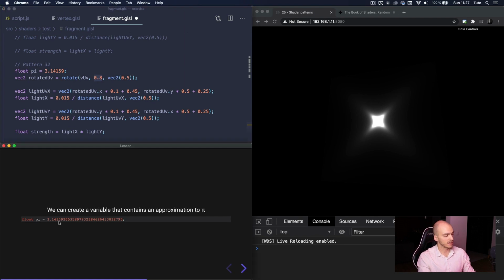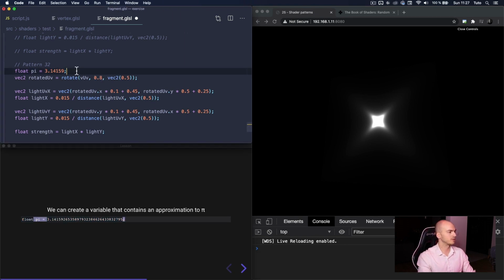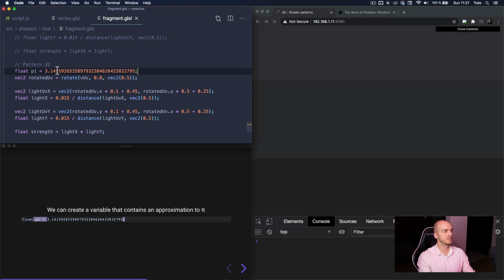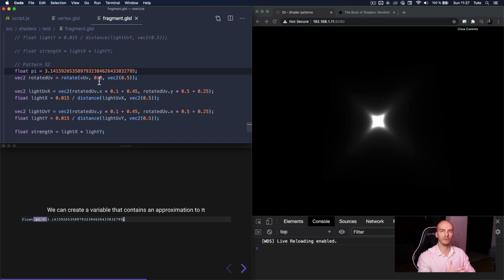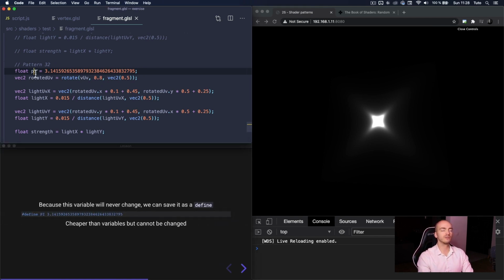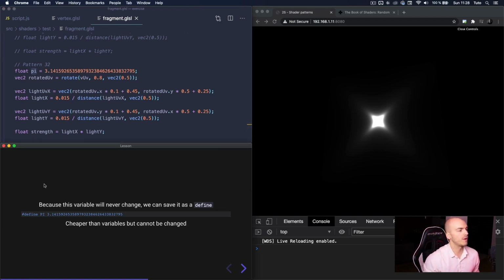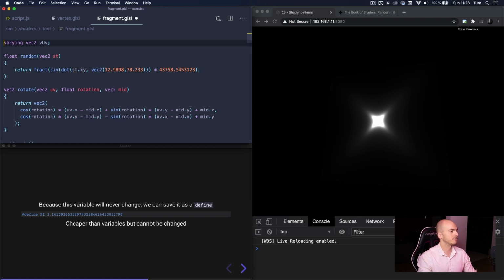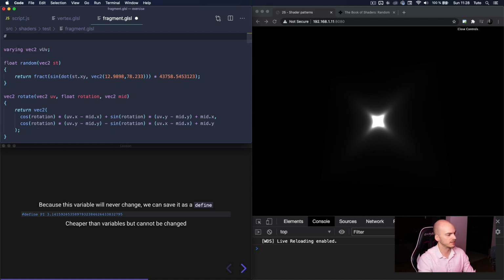Well, you can take the code I provide you in the lesson. So maybe we can put something like that. It's more precise, and use it inside the angle here and find the right value using pi. Yes, we can do that. It will work. But because pi is a value that will never change, it's a perfect opportunity to show you the define. When you have a value that will not change and you just want it to be available, you can create a define. So let's go. Usually we put the define at the very beginning of the code, and we say hash define. You can call it pi. I like to just call it pi. Some people will do M_PI. You can put pi in lowercase, but anyway,